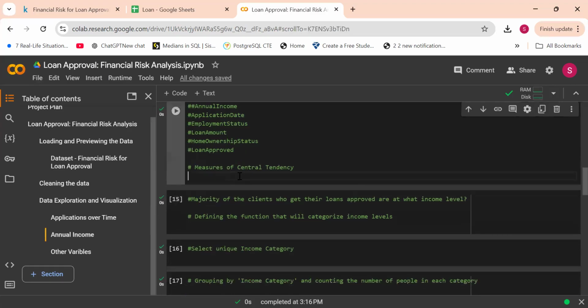So we need to create categories, yeah? And how do we come up with these categories? We can use measures of central tendency, and this is mean, mode, median. On top of that, we're also going to use percentiles. So let's get the mean for this column. We already pasted it here, so we'll just use that. So how do we get the mean